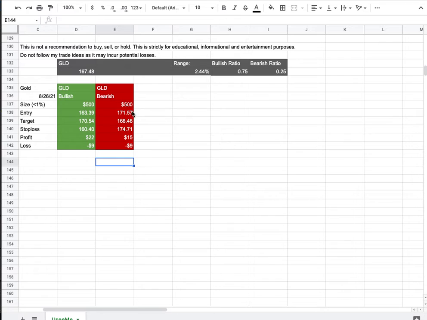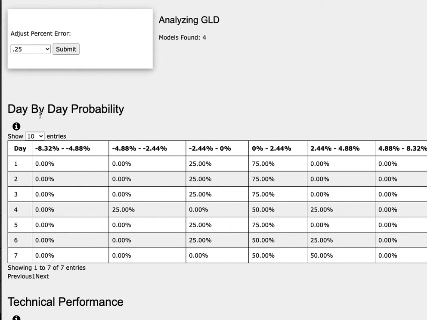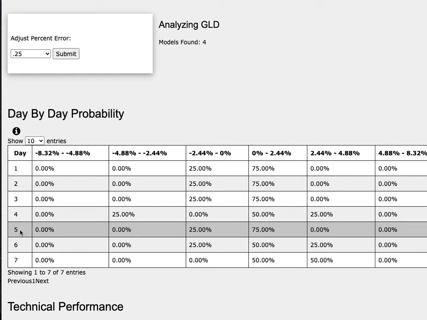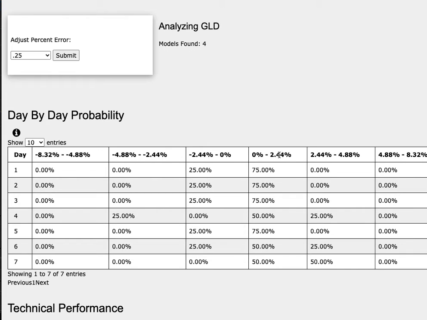So how did I develop these trade ideas? It all comes from the day-by-day probability model. As we progress to the 5th day or week of trading, gold futures has a 75% chance to climb between 0 to 2.4%. To the downside, it has a 25% chance to fall between 0 to negative